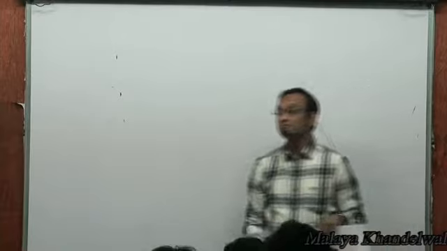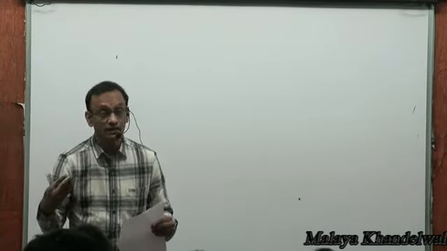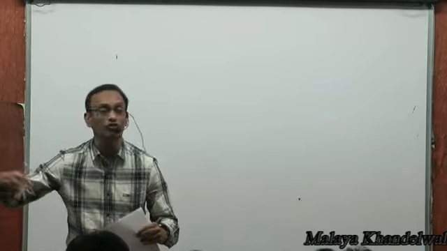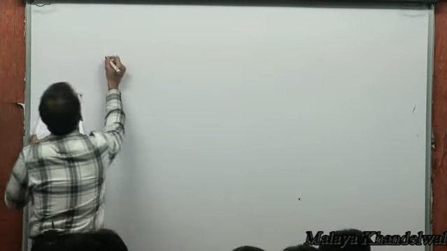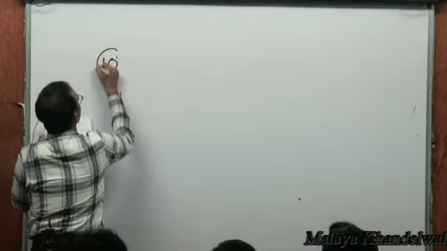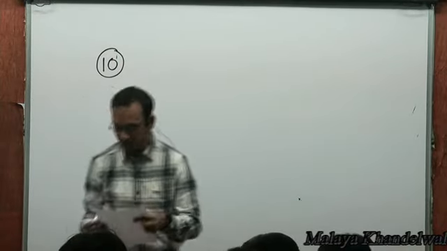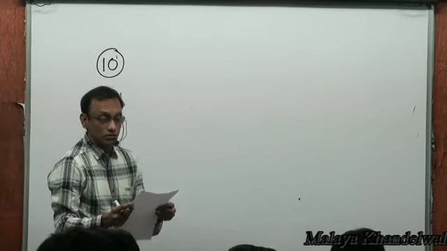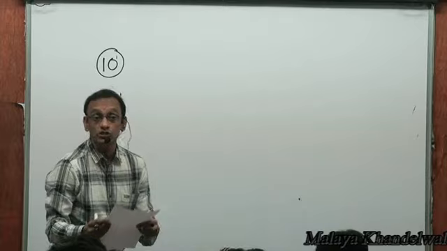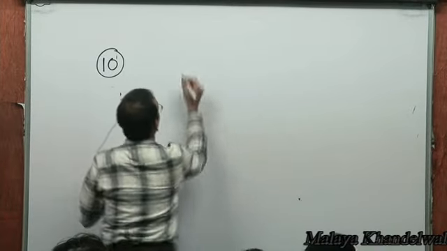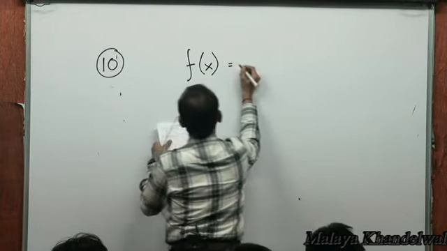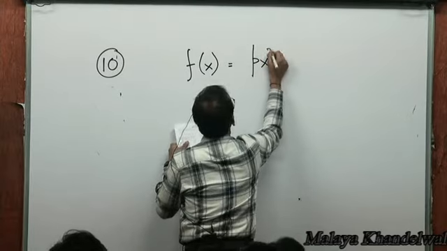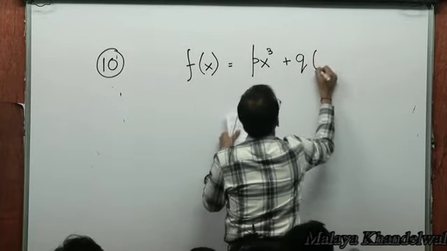Look at the first problem. Double root means a root repeated twice. That means a root of multiplicity 2. That's what it means. Now the first problem, that is the 10th problem of the sheet titled Ollie Poly. If unity is a double repeated root, that means a root repeated twice, for a polynomial f(x), which is given as p x cubed plus q into x squared plus x